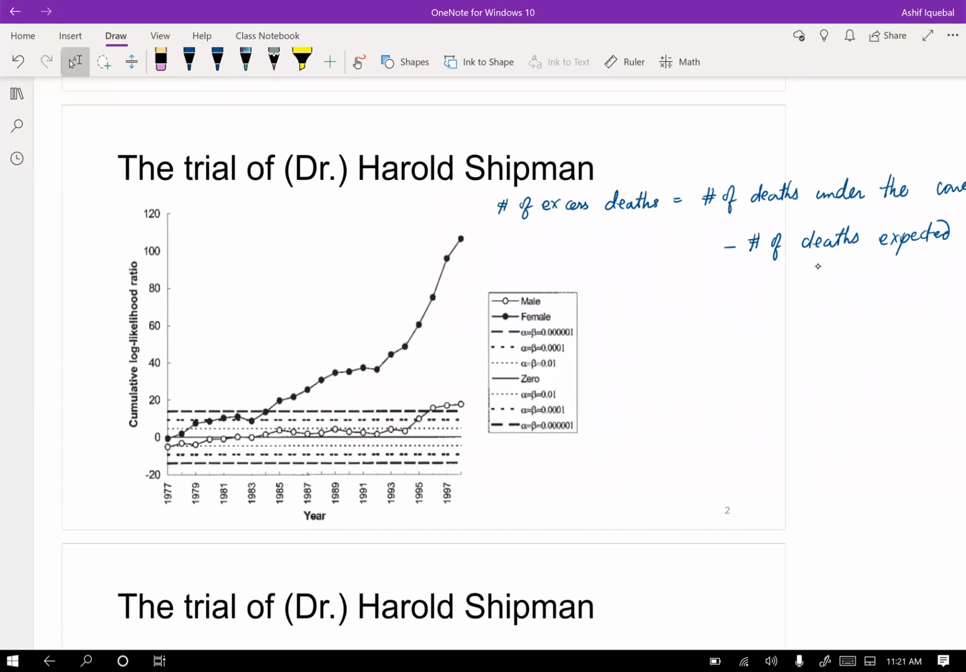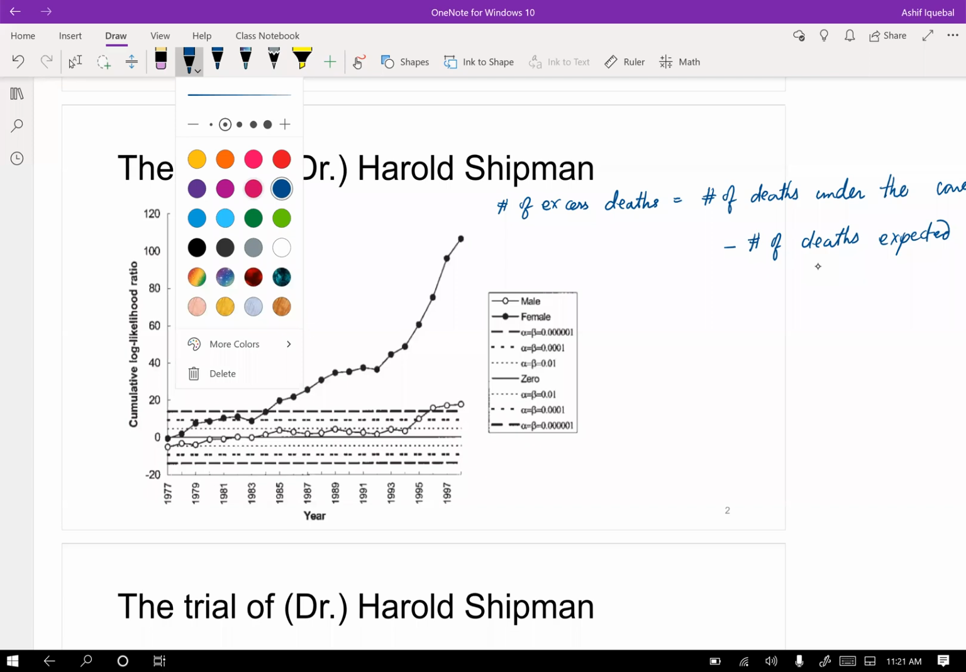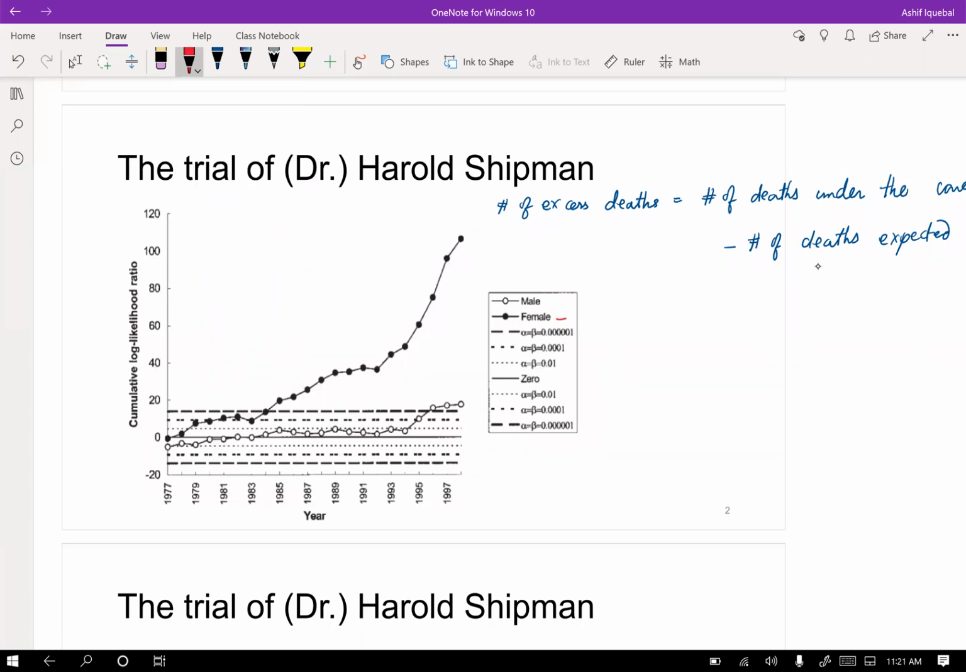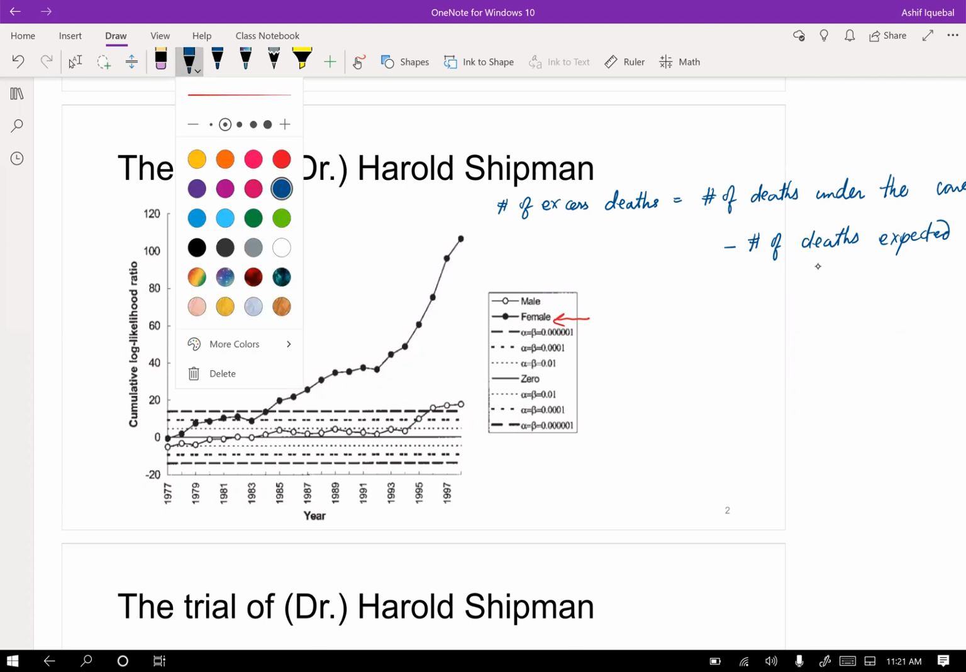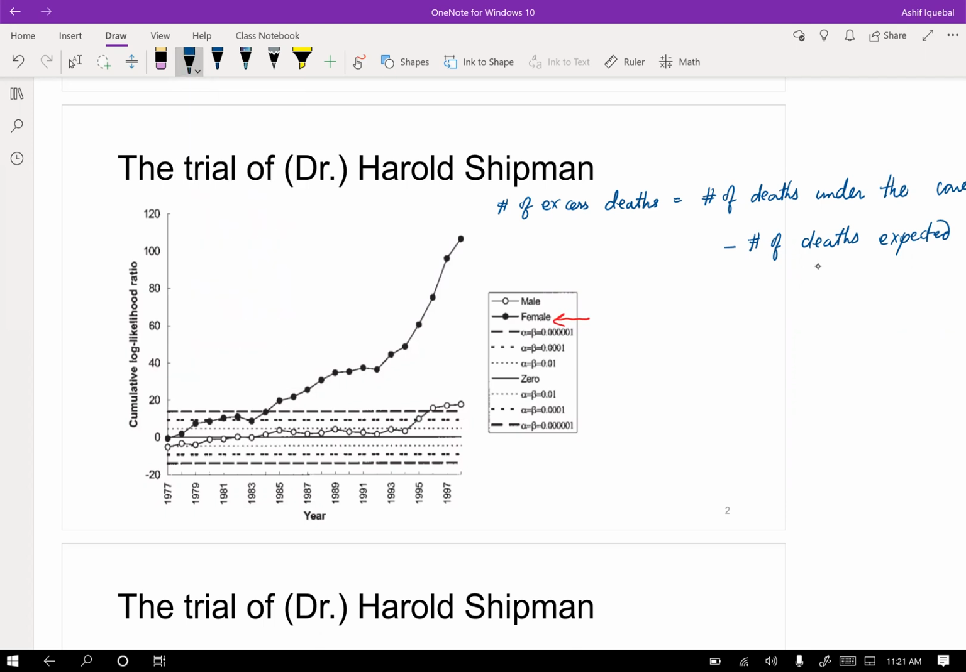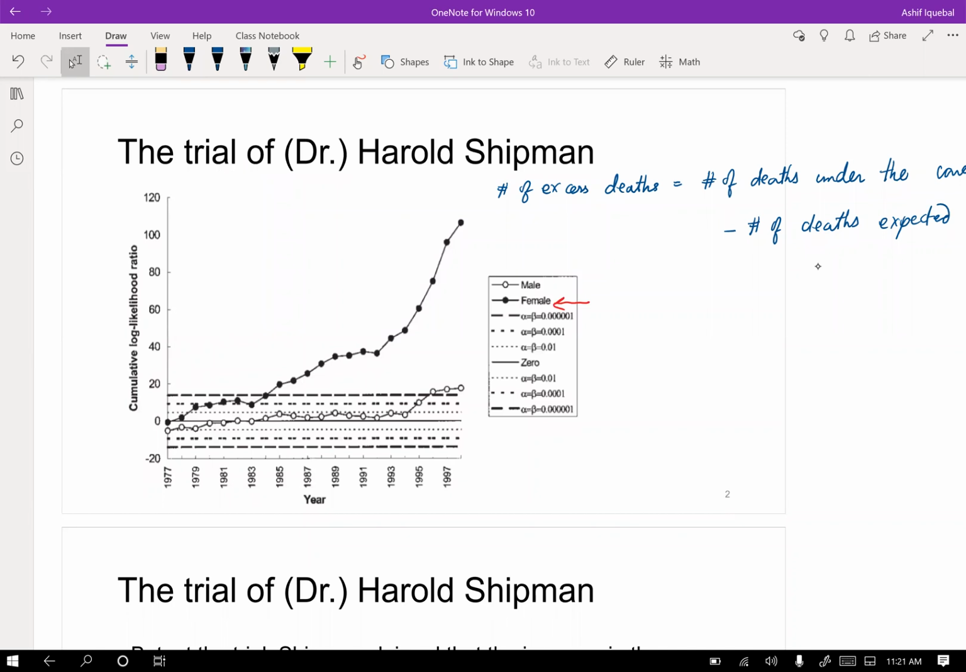Now let's return to this plot and just focus on the female cases, okay? Female cases are shown by these filled circles, right? Now, take a look at this for a moment and tell me if you notice something wrong with this plot. The number has increased a lot. Right. And would you be able to specify at what time, during what year this happened? I guess after 1991 or